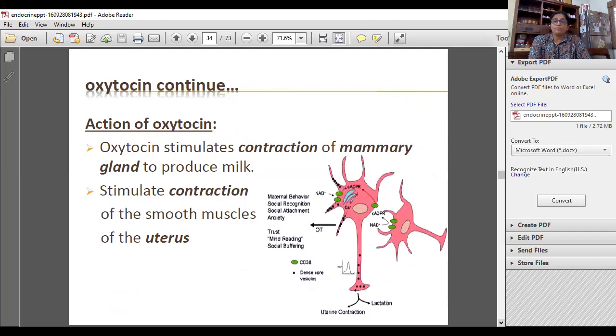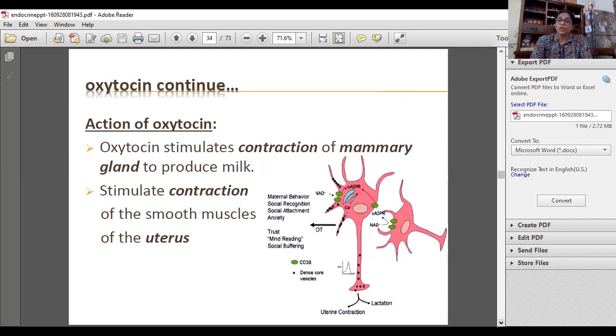Another function of oxytocin is the contraction of the mammary glands to produce milk. So this is a wonderful hormone. Imagine if the lady is not having sufficient contractions, that is, there is a deficiency of this oxytocin, she can develop complications. Nowadays, external injectable oxytocin is given to the mother so that she can deliver a normal child. So this becomes a hormone which is secreted on calculated occasions, but which has a lot of significance.